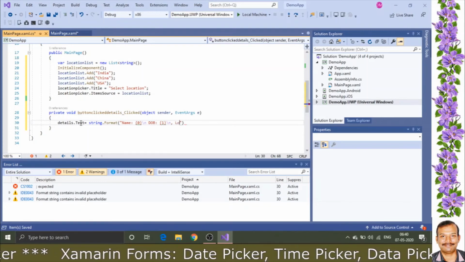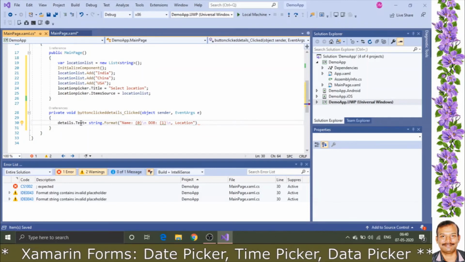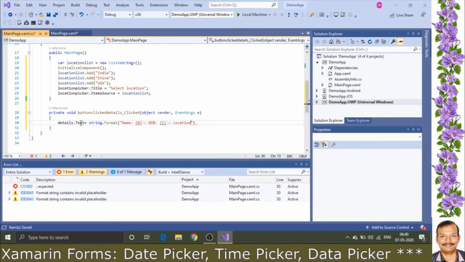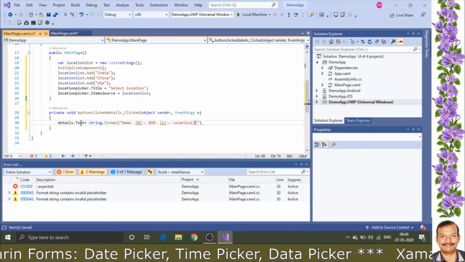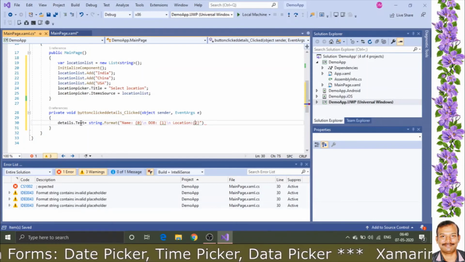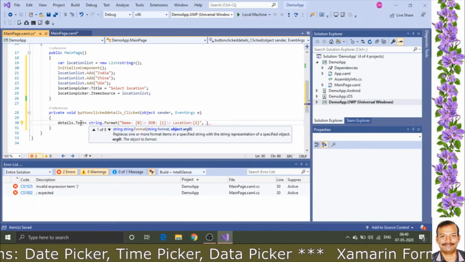That will be followed by location. And give comma here. Then followed by the variables, what are the variables that we want to give. So what are those things that we have?